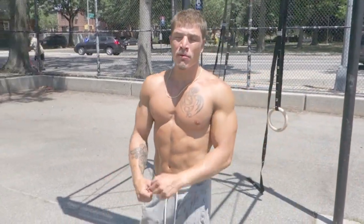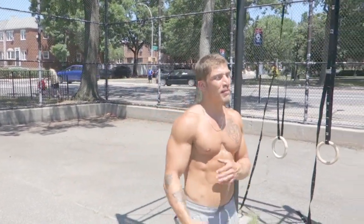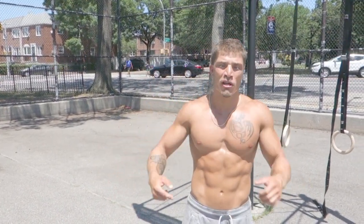Yo, we out here at Juniper Park, back with the rings. About to do a back routine. Just like my chest routine, it's going to be bodybuilding style for muscle growth and hypertrophy. It's going to be a little higher volume, shorter rest periods. We're going to start with an isolation movement first to get blood pumping to the working muscles before we get